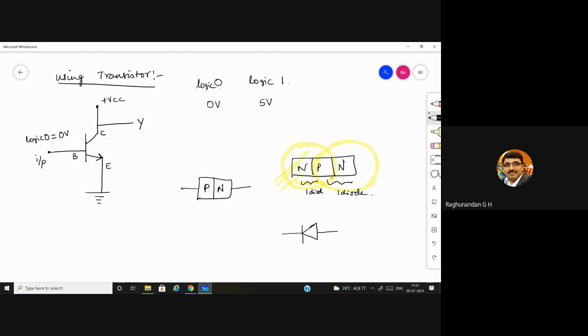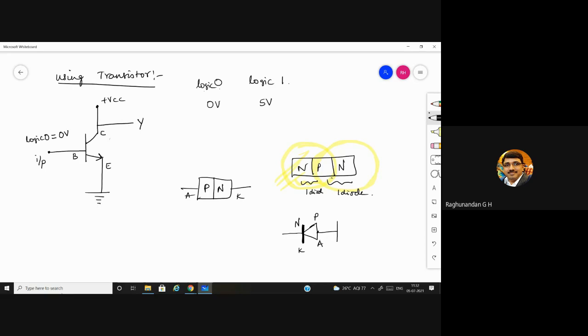This is the PN junction. This is anode. This is cathode. This is cathode, and cathode means obviously this is N. This is anode, obviously it is P.